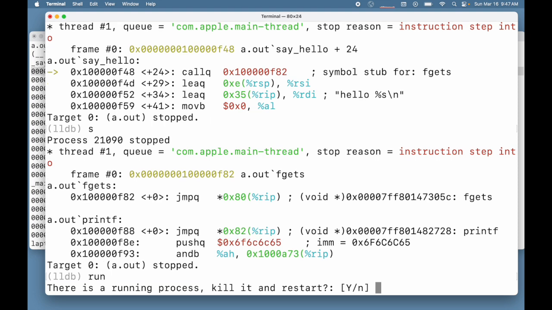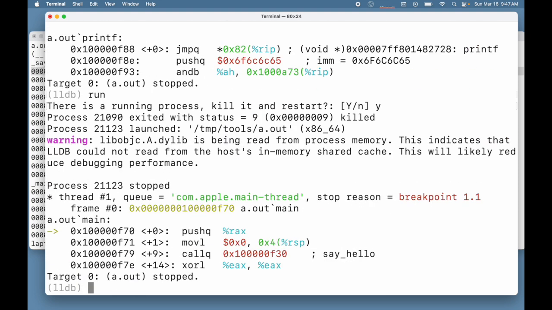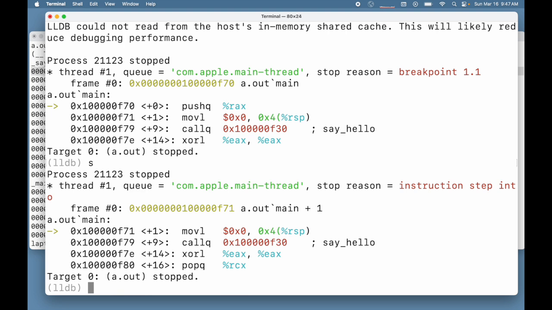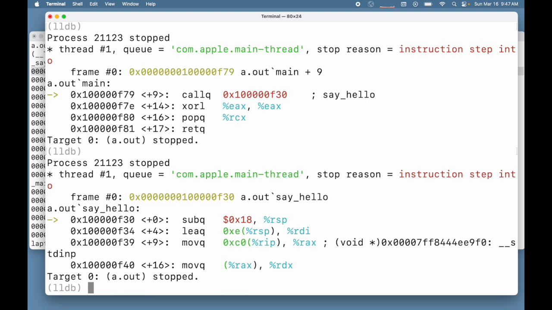I'm going to start over, and you can see that in this case the debugger has some idea that we're in the say hello function, but it only prints a few of the instructions. It's just showing us some local context. If you wanted to see